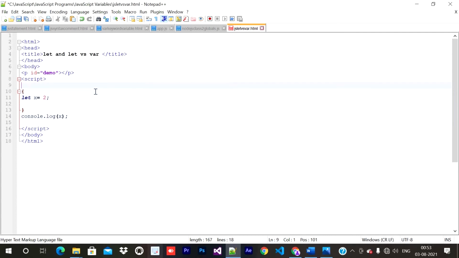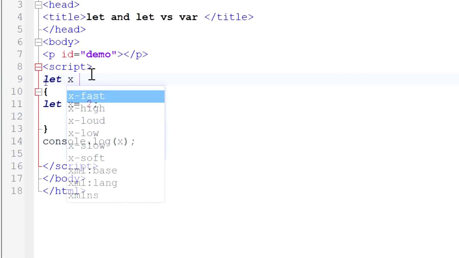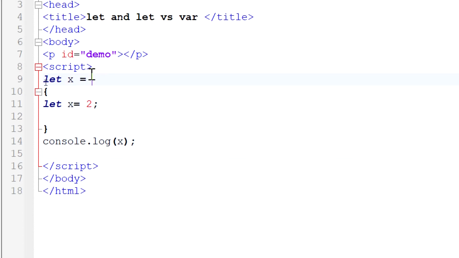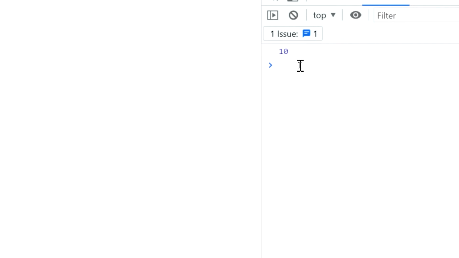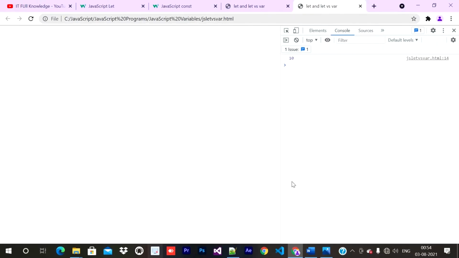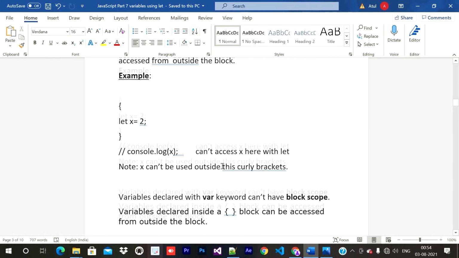Okay, so if I again put it outside and I want to access a value, let me just declare a variable with let keyword, let x with the same name. So let x equal to 10. So what will happen? Inside this curly bracket open and close, x value is 2, but outside its value will be 10. Okay, within different scope the same variable name can exist. So here you can see what is coming, 10. So why is 10 coming on the console window? Because inside that curly bracket 2 is accessible, but outside we just declared let x equal to 10. So outside 10 will be accessible, due to scope. Inside 2 will be accessible.